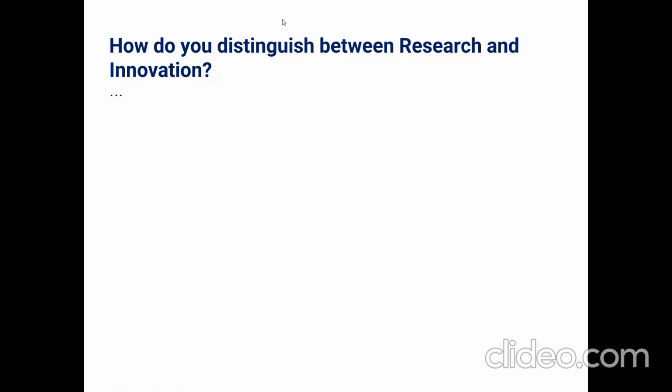It is a general question. It is not any technical question. How do you distinguish between research and innovation? I have already given the definition for innovation. Now you can correlate that definition with research and give me the answer. Anyone of you? Nothing is wrong. If you don't know, or if you know, you can tell something about research and innovation. Please, students, be interactive.